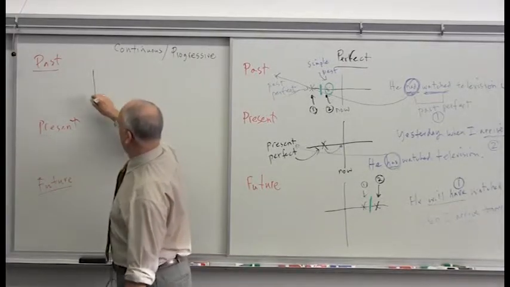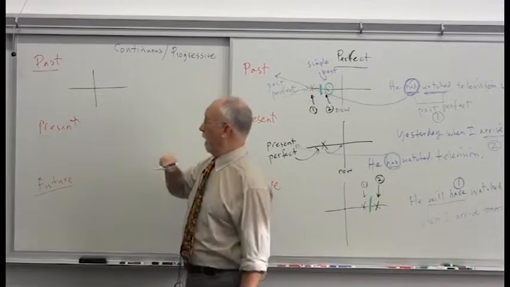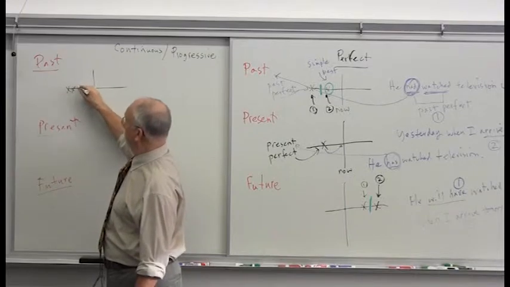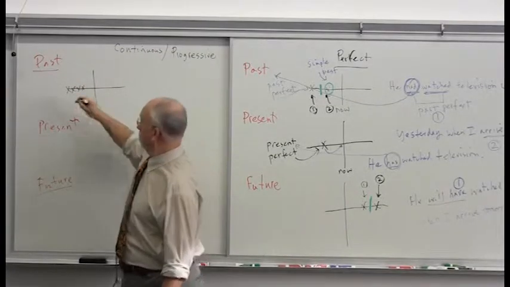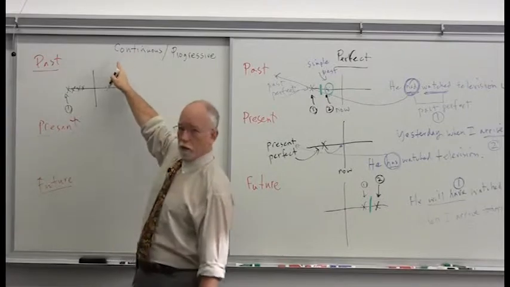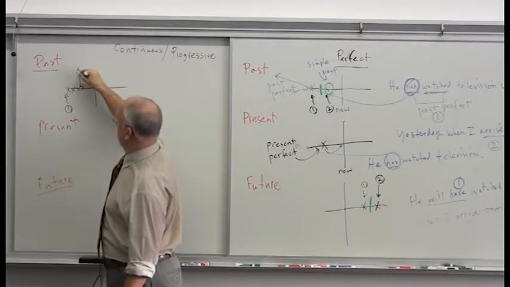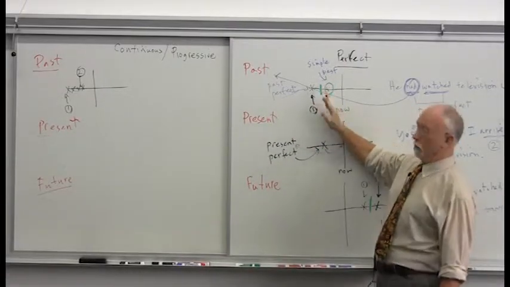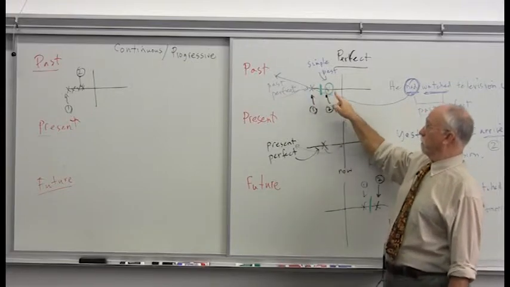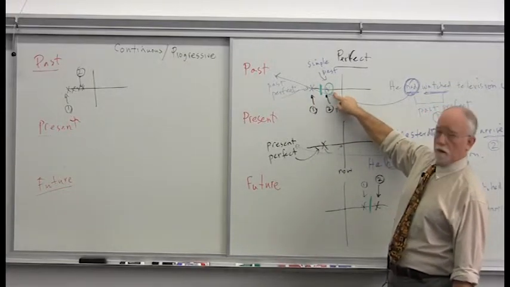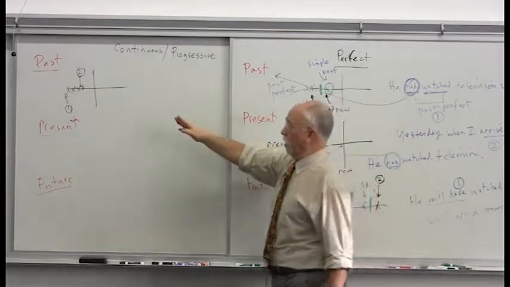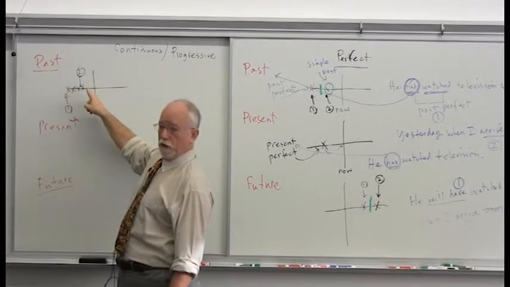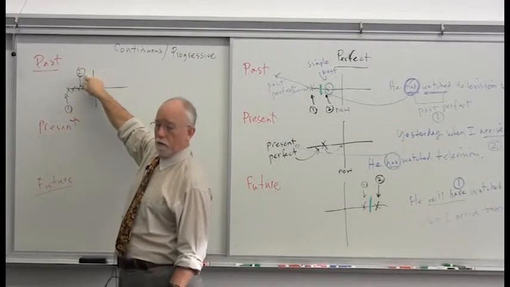If we take a look at the one from the past, here is the first action, and this action then continues, which is why we call it continuous, until the second action or second time. So when we talked about the perfect tenses, here's the first action, it ends, and then the second action or second time here occurs. But in this case, the action begins before the second action, but it isn't finished yet when the second action or time occurs.